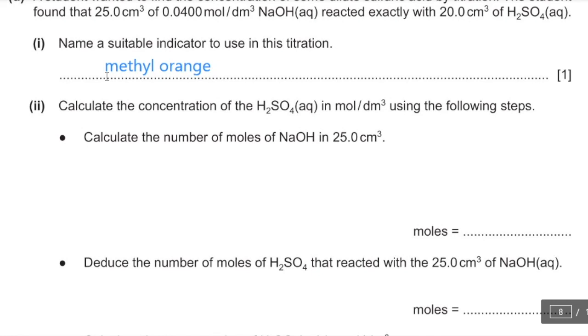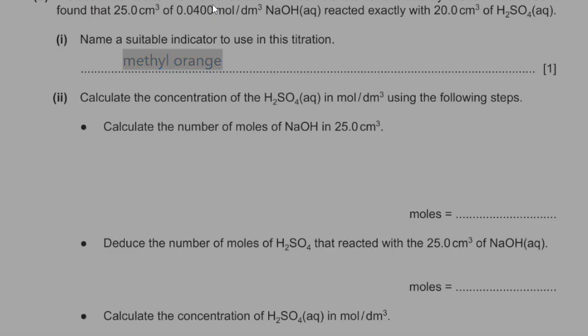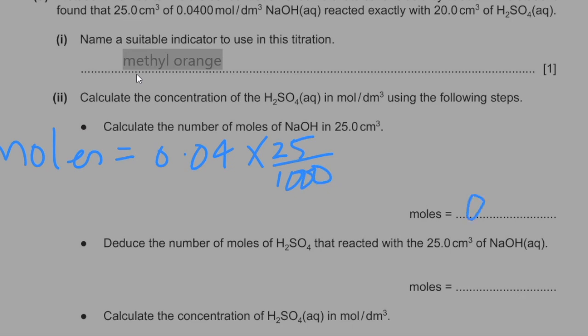2. Calculate the concentration of sulfuric acid in mole per dm cube using the following steps. So first step is to calculate the number of moles of sodium hydroxide in 25 centimeter cube of volume. So we have the concentration and volume over here. Moles is concentration multiplied by volume, but we need to have all of the values in same units. Concentration would remain 0.04, and I'd divide 25 centimeter cube with 1000 to convert it into dm cube, which means the answer over here is 0.001 moles of